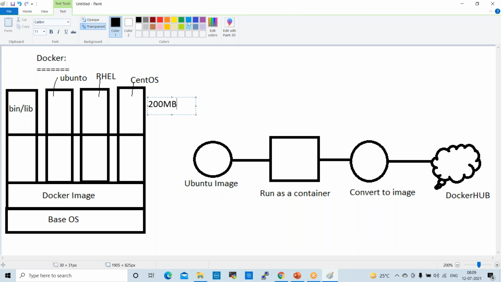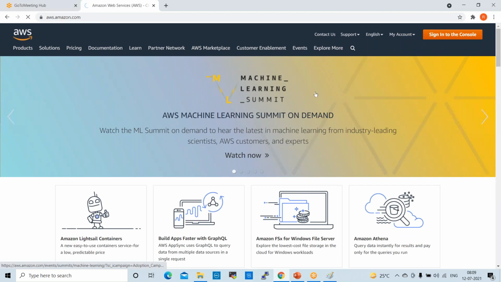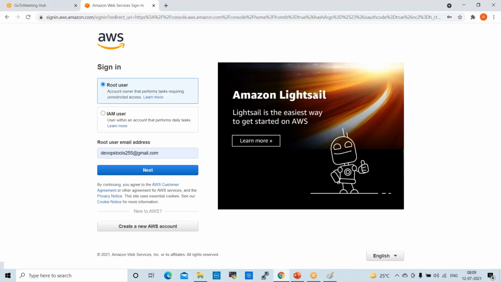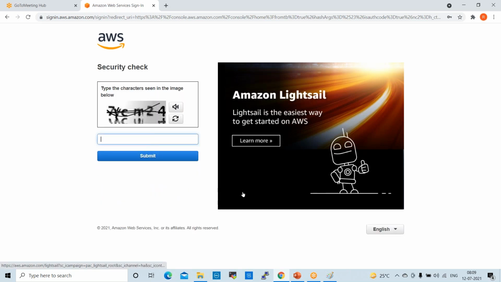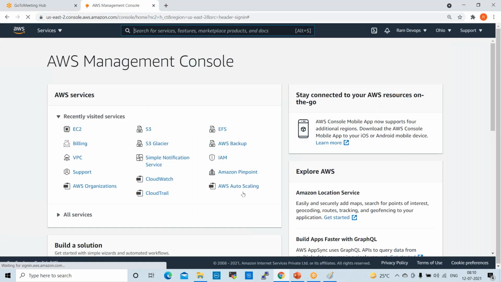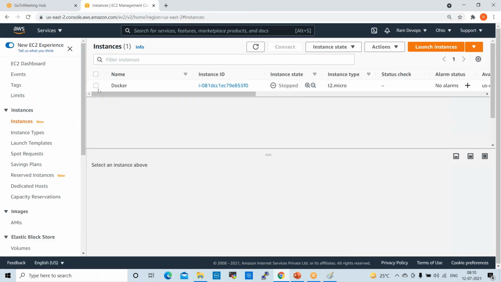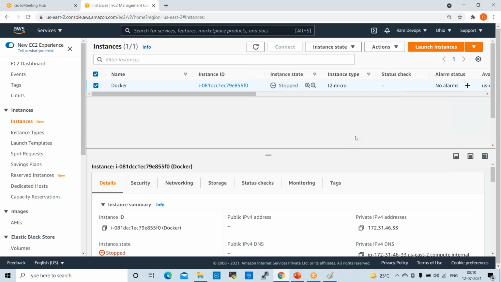Fine. So let us go and start our Docker server. Yeah, this is our Docker server. I want to start this.